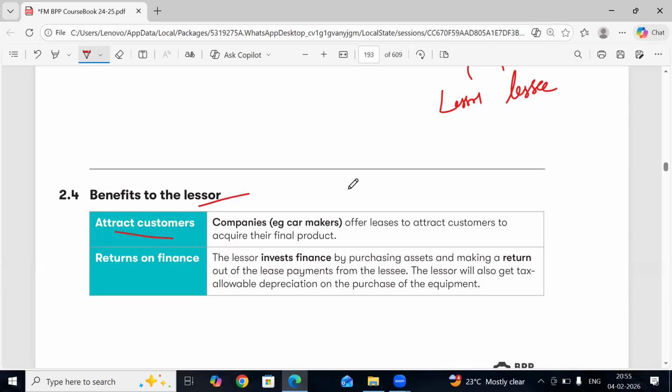Companies, for example car makers, offer leases to attract customers to acquire their final product. See, in India also it is going on right now. They are asking customers to take vehicles on lease, like a lease purchase option. You take the vehicle on lease, you pay monthly amounts, some higher amounts they are charging, and buyback